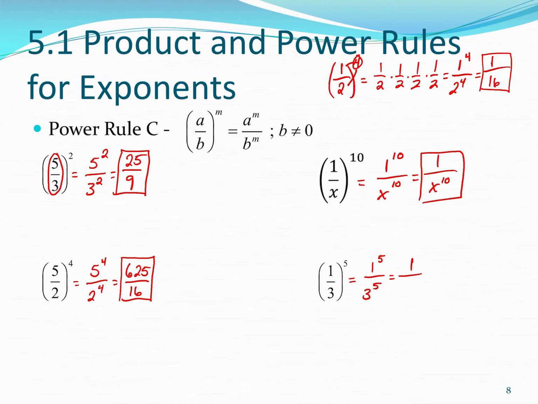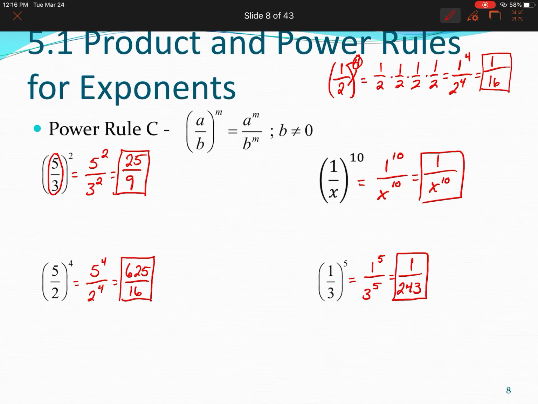And then on the last one, we have 1/3 to the 5th. And so, again, that's 1 to the 5th divided by 3 to the 5th. And 1 to the 5th is 1. 3 to the 5th, again, is 243. So you've now seen that 3 to the 5th, I think, 3 different times in the last